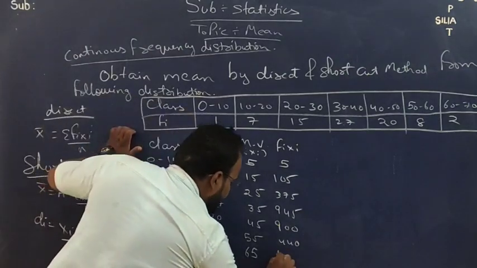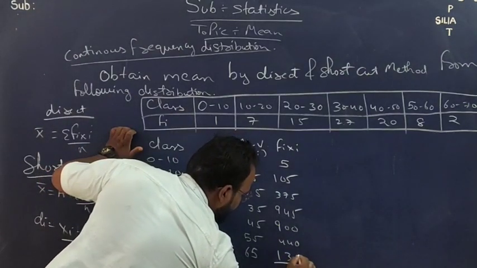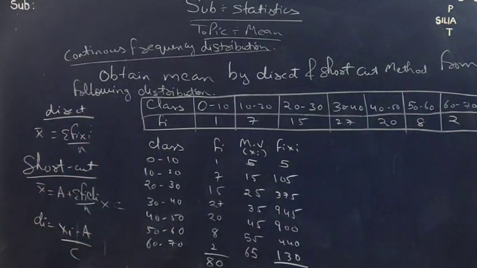Okay, now students, let us do the total. That is 5 plus 105 plus 375 plus 945 plus 900 plus 440 plus 130 equals